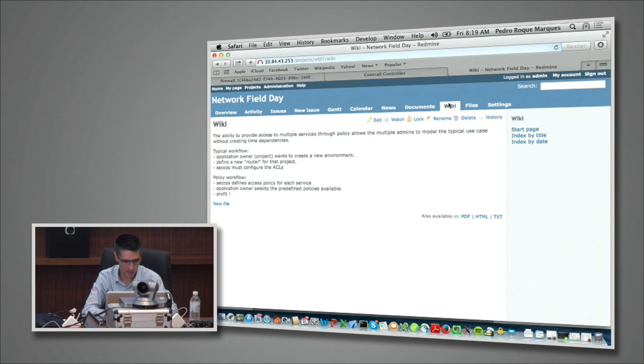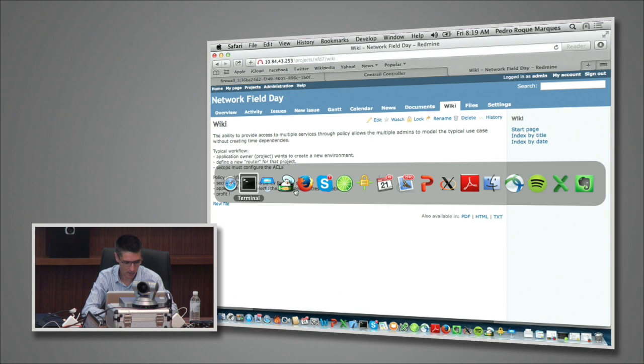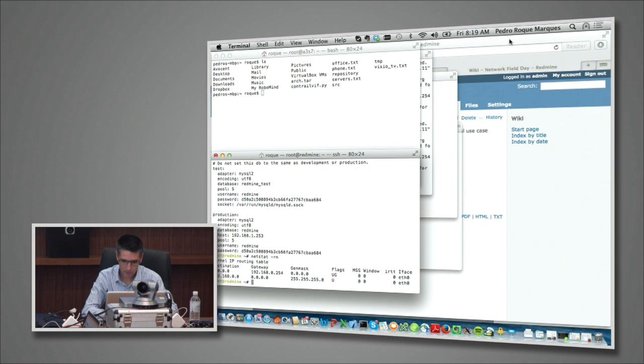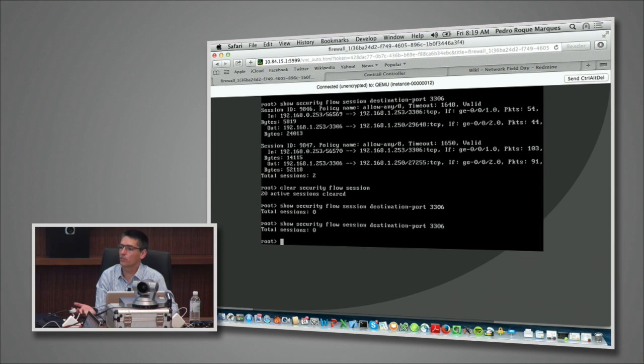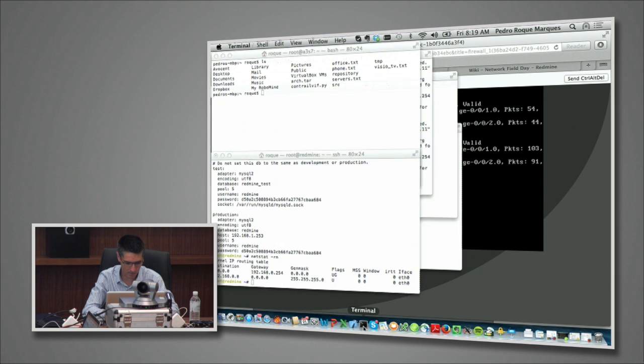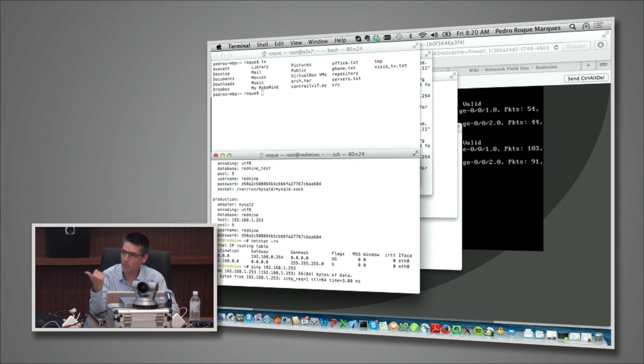Where was it? This, for instance, comes out of the data. And now there's no sessions on the firewall because I disabled that access. From here, at the moment, 192.168.1.253, I can ping